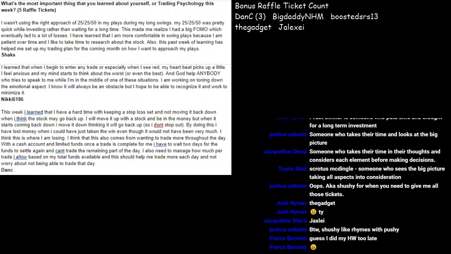So good job to Shax. Yes, the 25-25-50 for longer plays is important to be patient. If that's something that you might not be patient with, that's okay. Some people just aren't patient. So maybe you should take that into consideration, I'm not saying you personally, just anyone in general, when making their trading plan and deciding, maybe I'm going to get into 2 long plays and the rest will be swing plays, and then my swing plays need to have volume in order for me to get into them. Otherwise, stocks that don't have volume sometimes take longer to reach the target. So it's all good things to realize and recognize when making a trading plan.